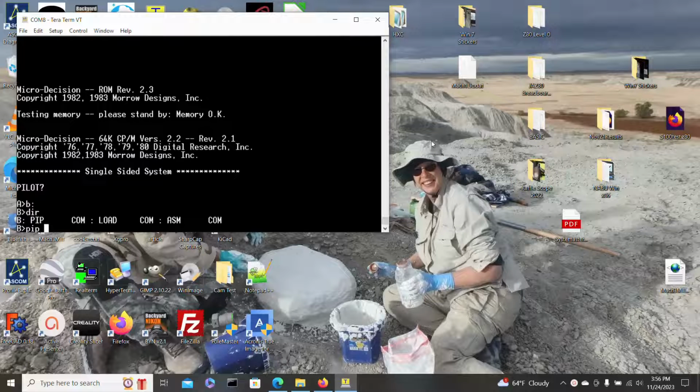So we're going to run pip first. Pip is the program that comes with CP/M. It's for copying files and doing a lot of other stuff. The manual pages on pip go on and on. It's a very powerful program. It does all kinds of things. So next we're going to type